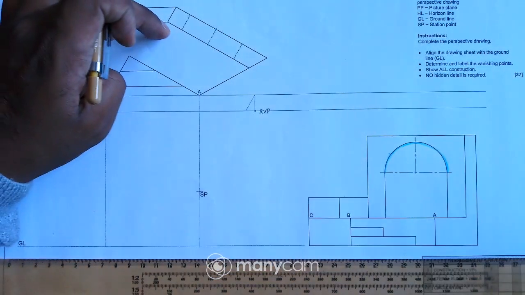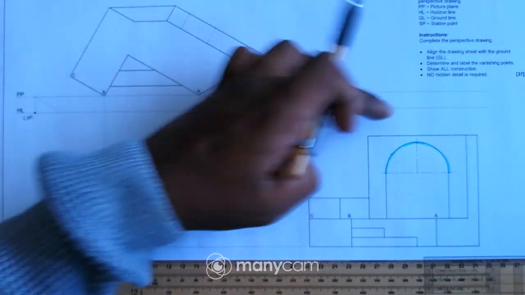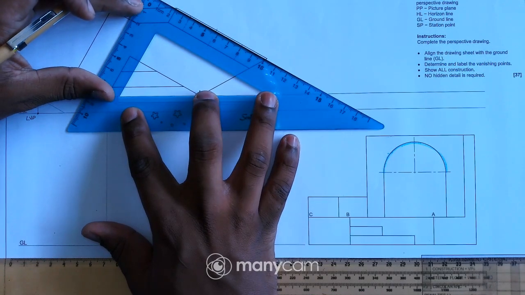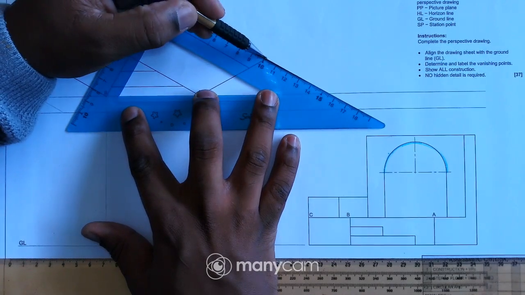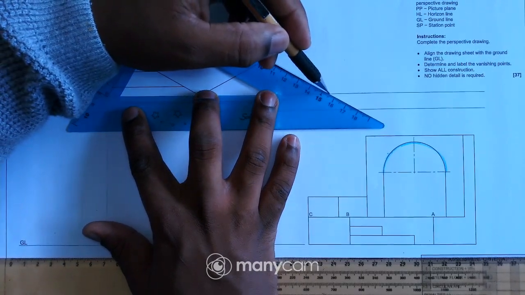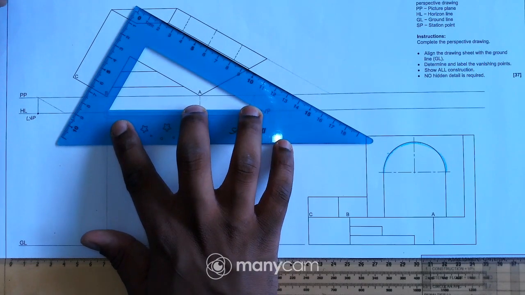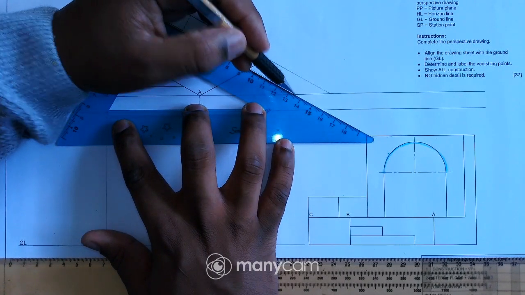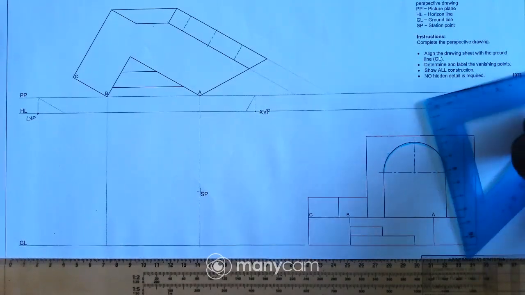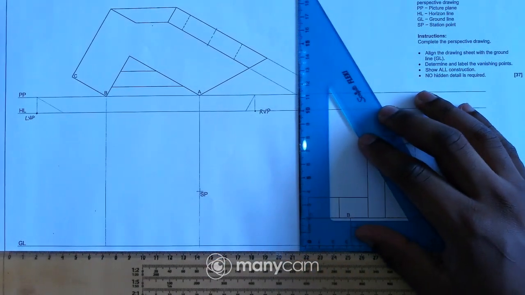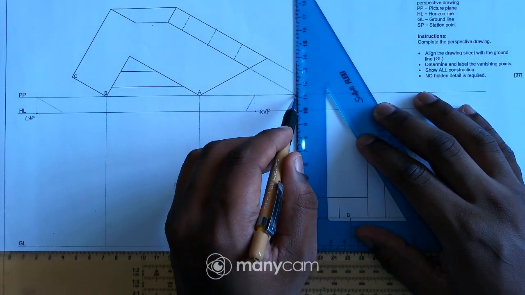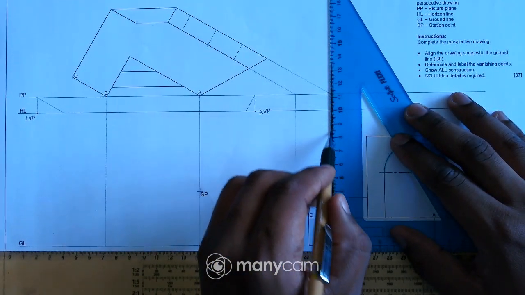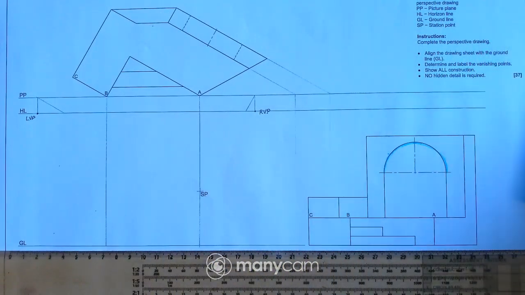So from here, because all these points are not on the picture plane, I can just extend those two lines. I'll start with this line, extend that line to the picture plane, and this one as well down to the picture plane. And from there, I have to draw vertical lines just like that.